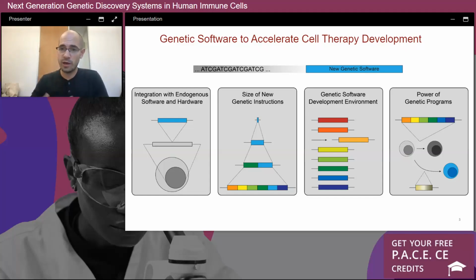How we can build what we call genetic software development environments, or pooled screening methodologies, to rapidly test large numbers of genetic constructs. And then finally, how we can increase the power of those constructs using some new approaches beyond traditional gene knockout and overexpression based methods. And so I'll start with